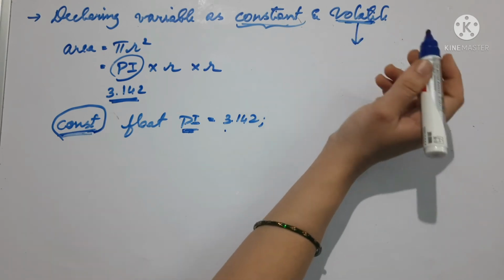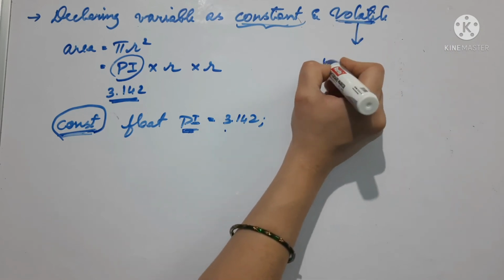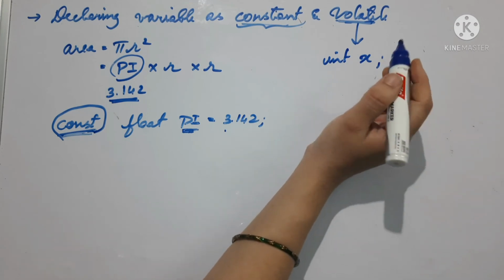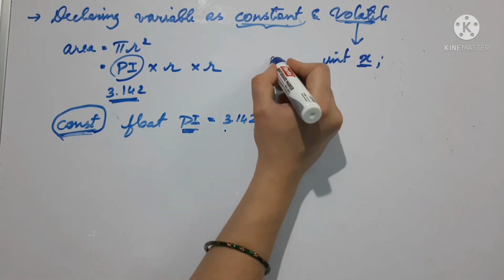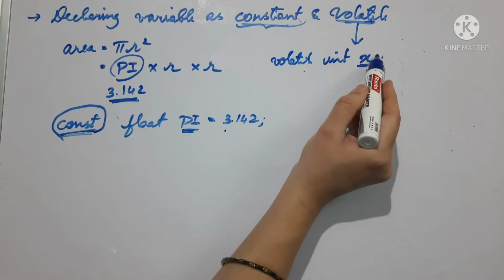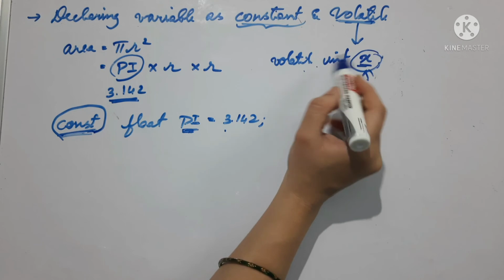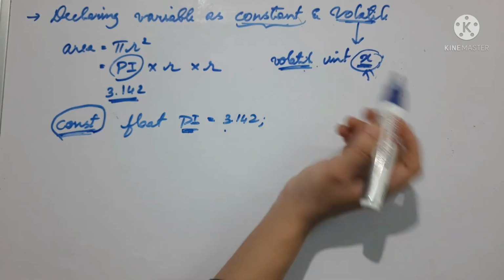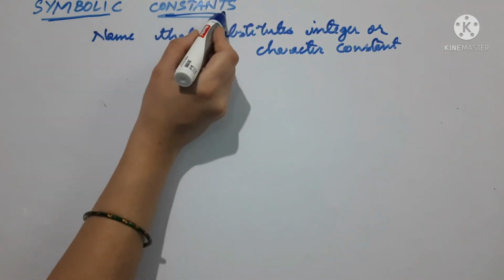Volatile is used to change the value. Sometimes we will change the variable value. You can just simply declare a variable, example integer x, it is fine, but sometimes due to some external factors we have to change the value of x, so you can just mention volatile. If I say volatile integer x, that means you are fully free to change the value of x. Even if you don't use it, it's okay, but sometimes due to external factors, if the value of x changes, you just mention volatile. Now let us discuss symbolic constants.